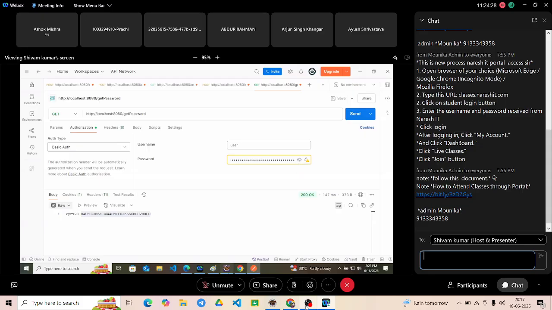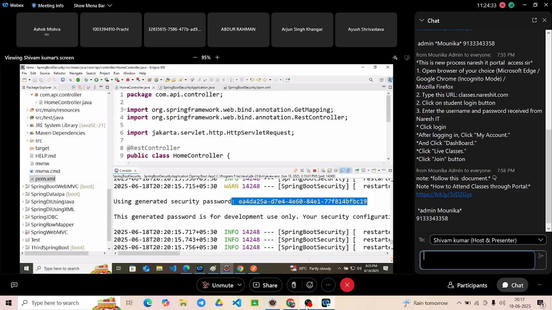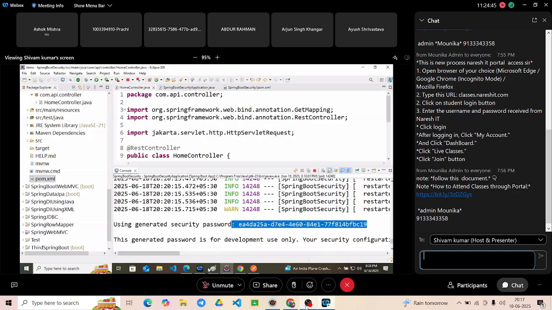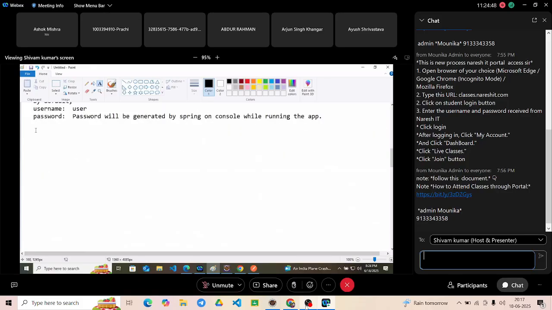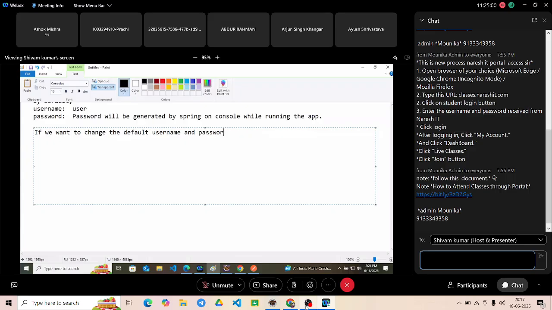But every single time, see, username is user and password is this. Every single time it is generating a password. How can we set the default ID and password, which only the developer will know, so that we set some good password? So by default these are the values. If we want to change the default username and password for Spring Security,